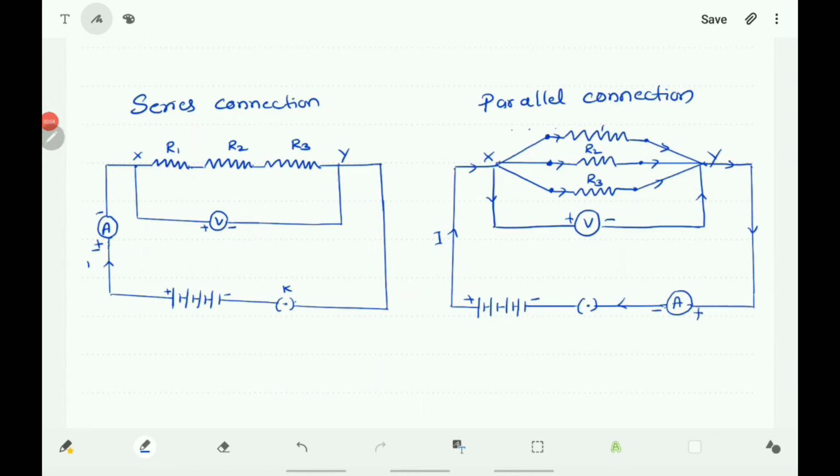We have seen that in a series circuit, the current is constant throughout the electric circuit. On the other hand, a parallel circuit divides the current through the electrical gadgets. In the case of parallel connection, the current divides through the electrical gadgets which are connected in parallel. But in the case of series connection, current is constant throughout all the components which are in the series connection in the circuit.